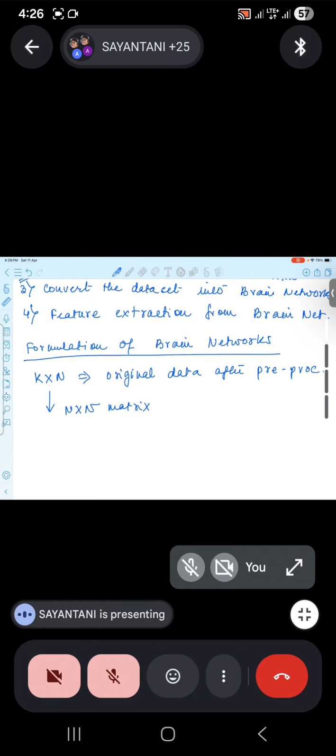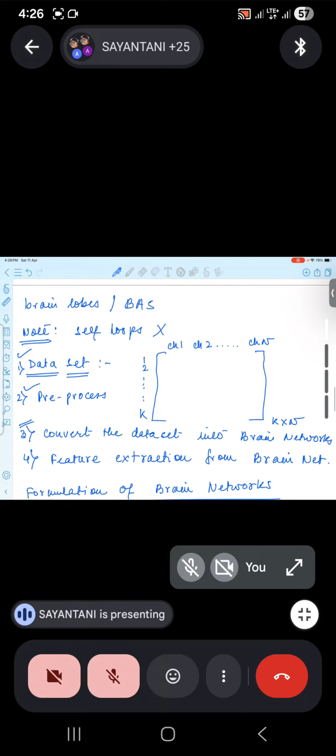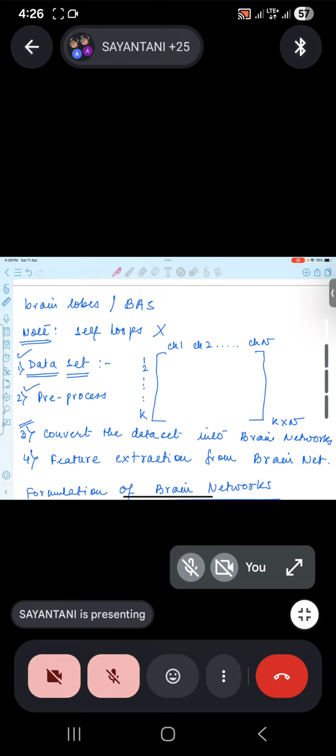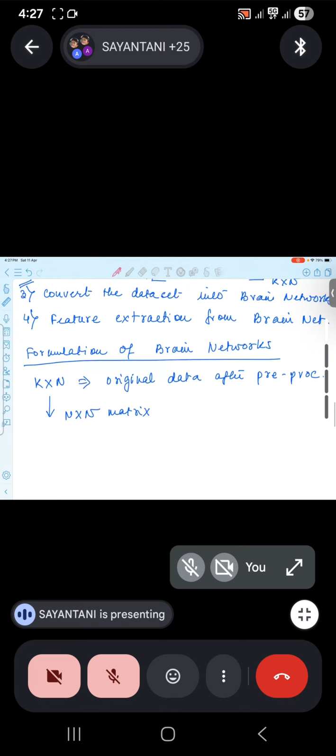Why? Because if you look at this data set, these channels are basically your brain lobes. You're connecting each and every channel to specific brain lobes. And brain lobes are your nodes. So what does your adjacency matrix denote? It denotes the connection between different nodes. So this N cross N matrix is your adjacency matrix,